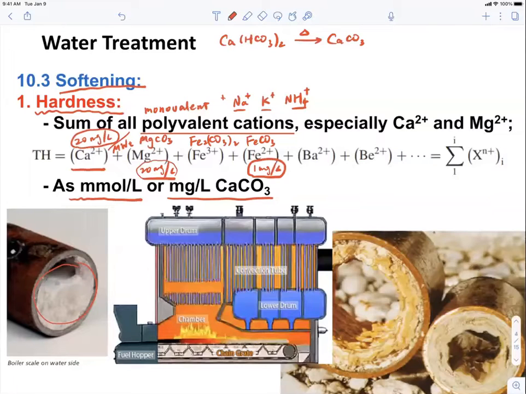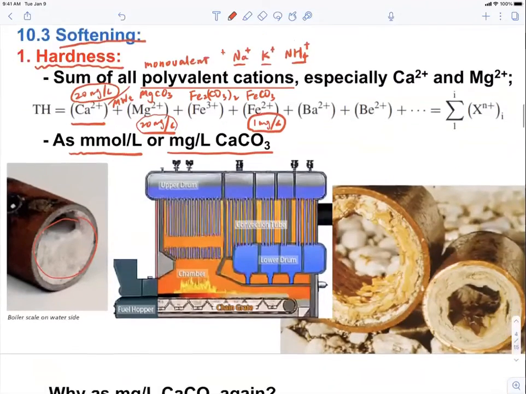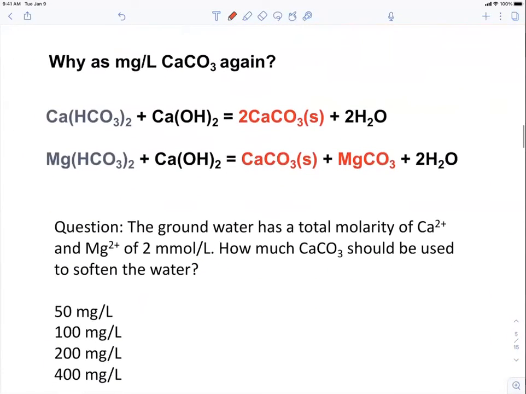So the reason for doing this is in water softening, if people want to remove the hardness of the water, what they're going to mainly rely on is the calcium hydroxide. Okay, so these are the reactions that they're going to rely on. So for example, if you want to remove the calcium bicarbonate, which is the major species that's causing the hardness,